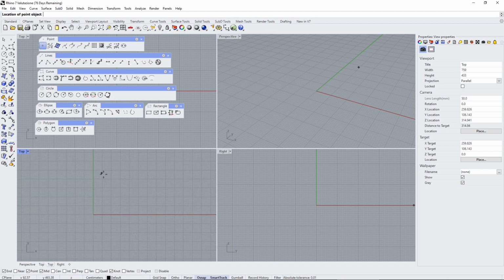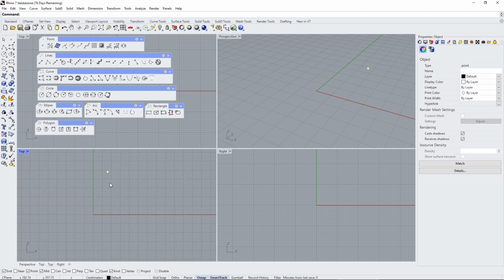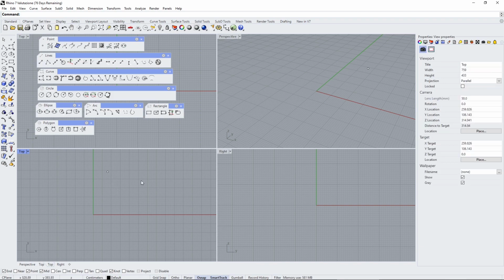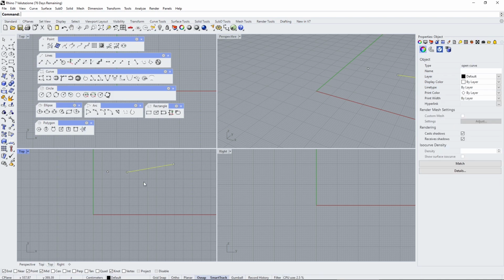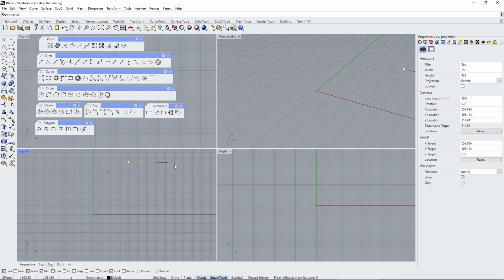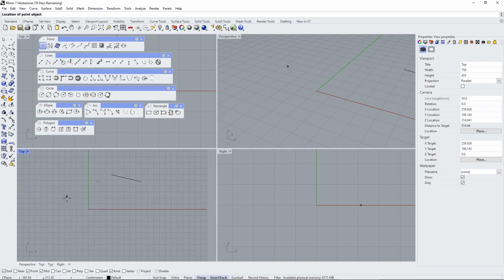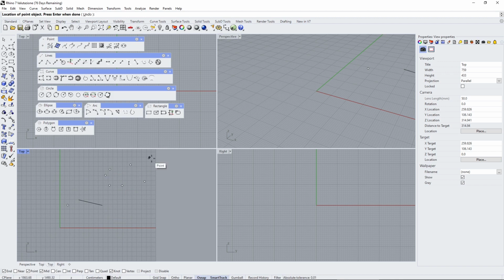So points, it's really simple. It's just a single point, or we can call this a vertex. If you are talking about vector graphics, this is a vertex. When you create a line, you have two vertices and one line. Then you can click and move the line, or you can click and move the vertices and create a transformation of that line. And points are really easy, but can be helpful sometimes. So you have single point, you have multiple points,